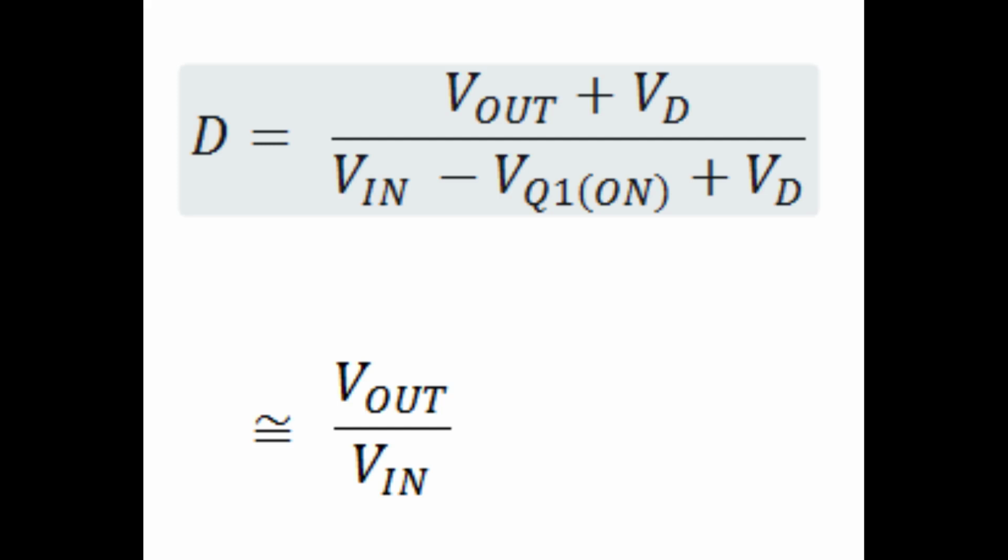And then you should be careful about one thing. There are formulas to calculate the inductors and capacitors. Inductance has to be chosen in such a way that the current through the inductor is always positive. It doesn't come down to 0. Then everything will work fine. For detailed analysis, you can refer to the internet for design, or if you want, I can refer a very good book on the design of these converters.